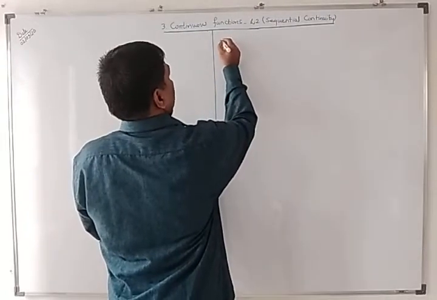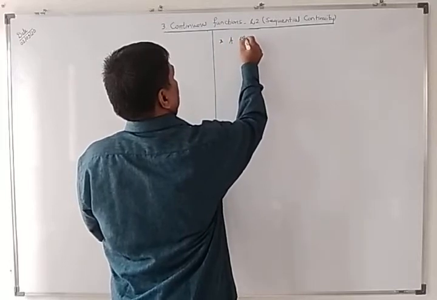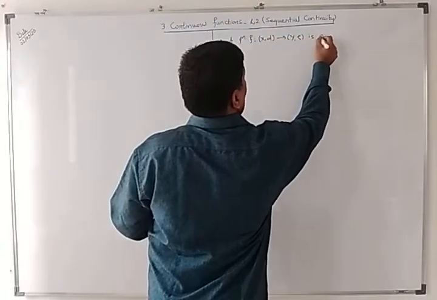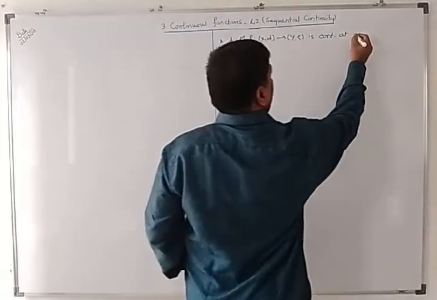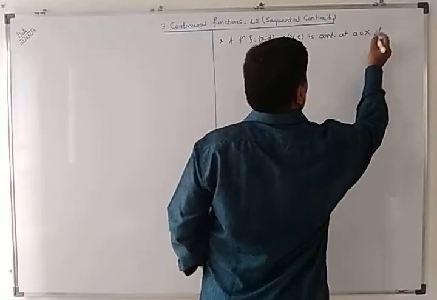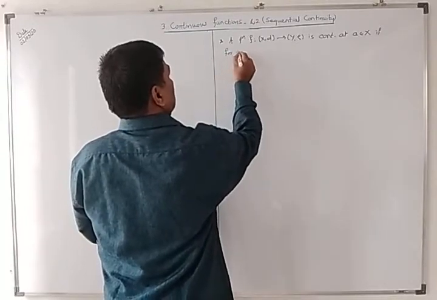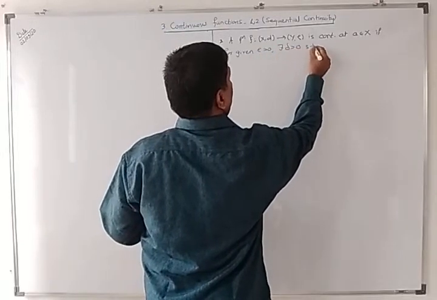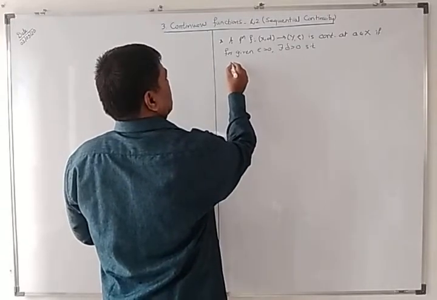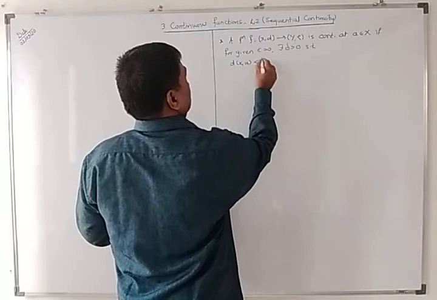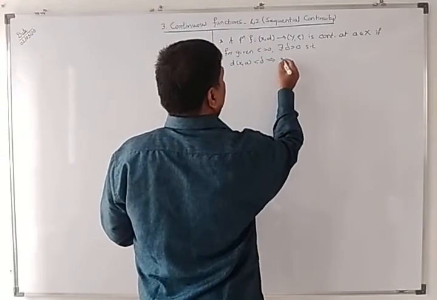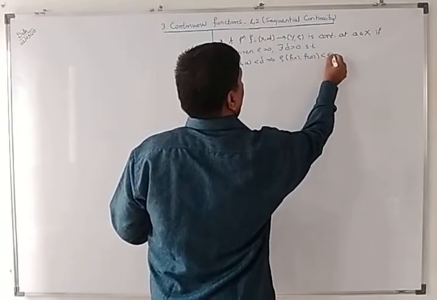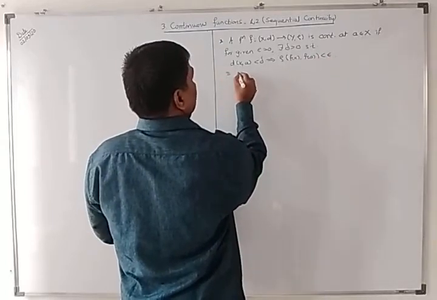So a function f from metric space (X, d) to (Y, rho) is continuous at a belongs to X if for given epsilon greater than 0 there exists some delta greater than 0 such that d(x, a) less than delta, that is, whenever the distance between x and a is less than delta, implies the distance between f(x) and f(a) is less than epsilon. This is equivalent to x belongs to S_delta(a)